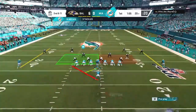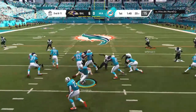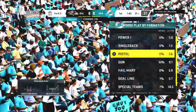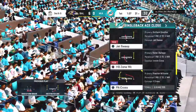An interesting and intriguing decision there defensively because they kept extra DBs on the field despite seeing the multiple tight end look that came out for the offense. I thought they were going to switch out of it. I didn't know if they felt they didn't have time or what the case was. Well, in any event, the extra speed allowed for great penetration as they stuffed that one behind the line of scrimmage. Brings up 3rd